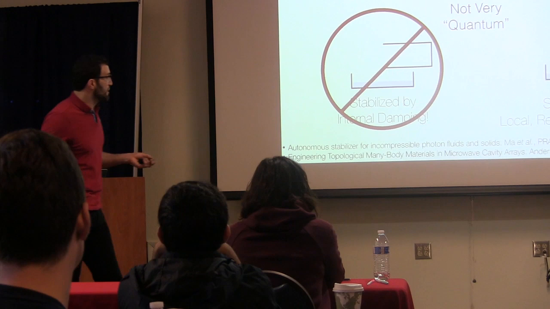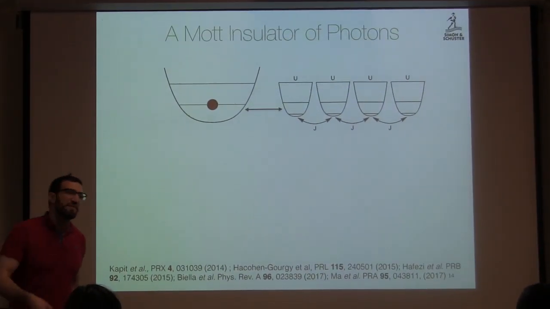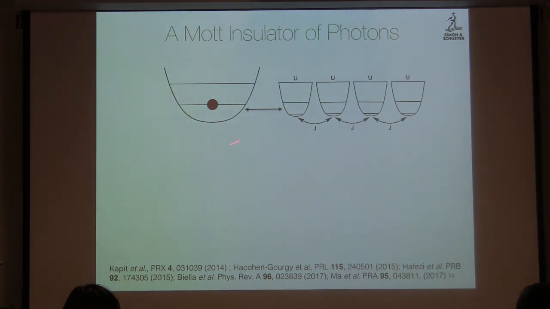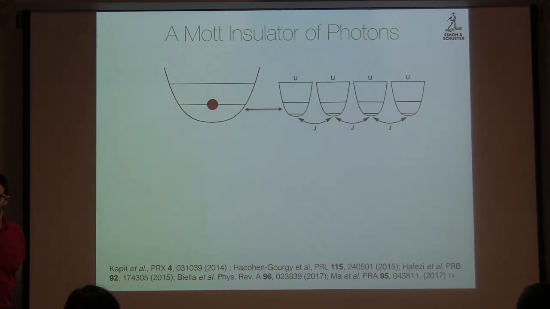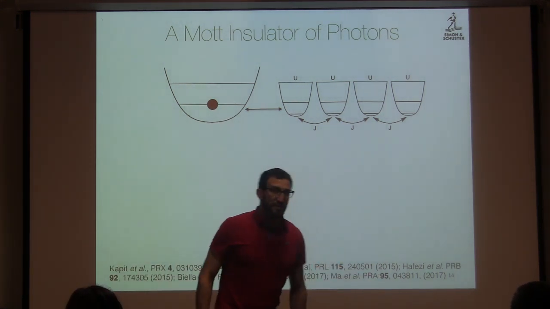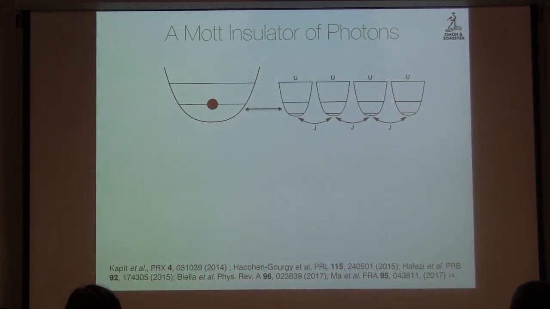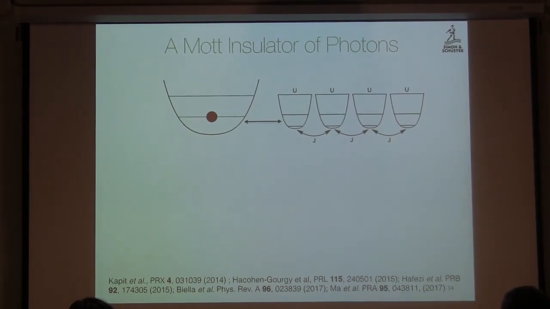Okay? So basically the picture I would like you to have in mind now is, imagine I could make one lattice site that continuously populates itself with a single photon. If it's ever empty, it just automatically repopulates itself. This was the thing that we didn't know how to make over here. But let's imagine we could make it, and then we could hook it up to this Bose-Hubbard lattice, because I haven't told you how to make the Bose-Hubbard lattice. It's just transmon qubits coupled with capacitors. So what would happen here?